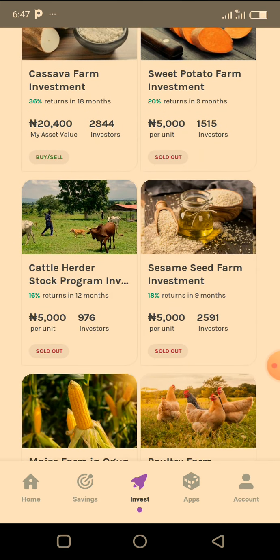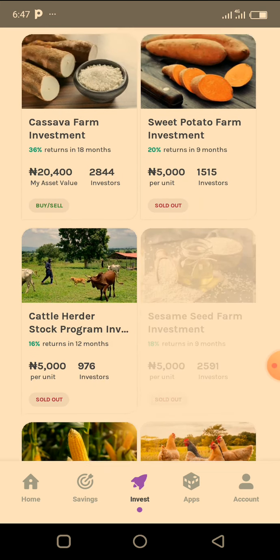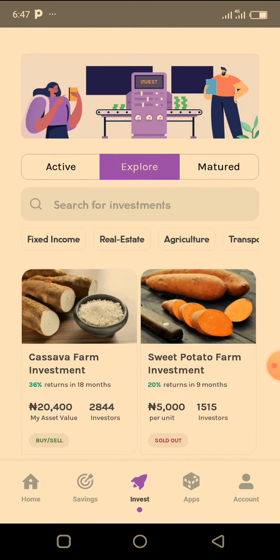In fact, yesterday we still had bitcoins and all this, but because of the CBN rule, they have removed bitcoin, so you can't really buy and sell bitcoin on this. Before, you could trade bitcoin on this platform until this CBN rule that wants to regulate bitcoin in this country, so you can no longer do that. So we have